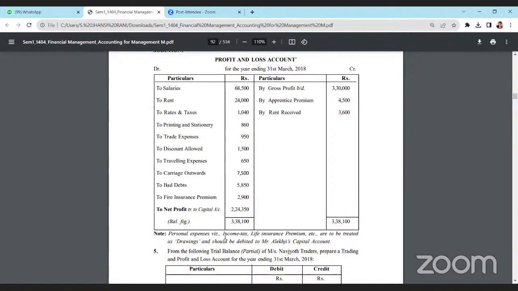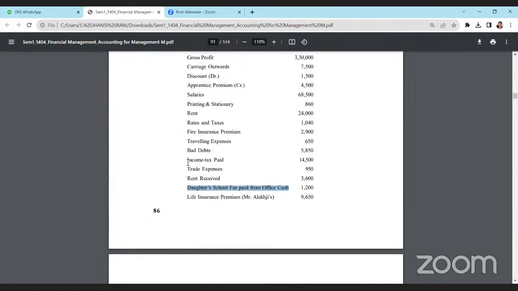Even income tax and life insurance premium are personal expenditure. Income tax is paid by the individual and life insurance is taken on the life of a person. And business is not a person. It does not have any life. That is the life of the owner. So that will be deducted from the owner's capital only. These 3 points have not been taken, that is the reason they have not been taken in the